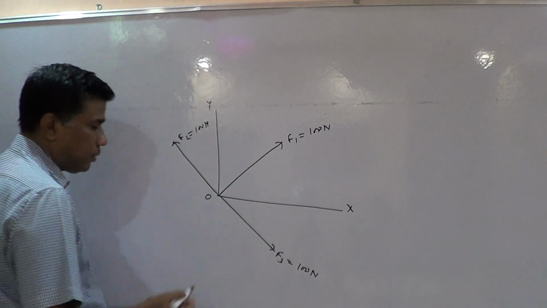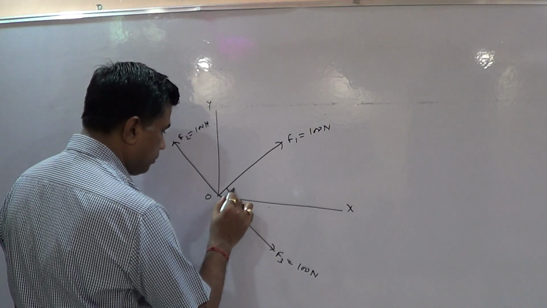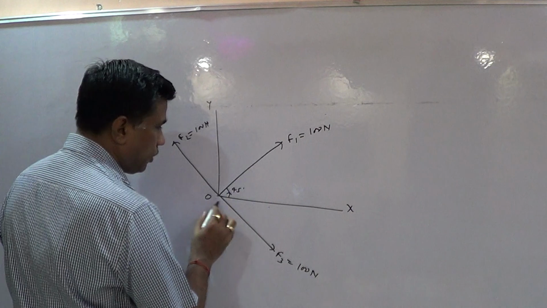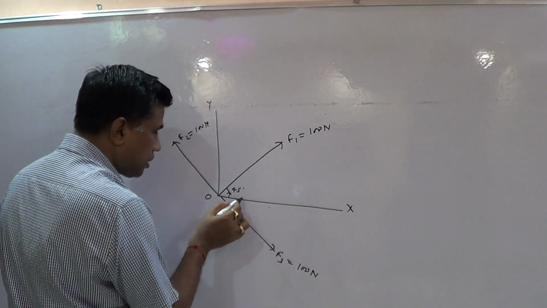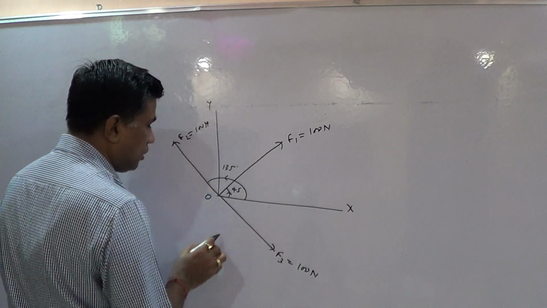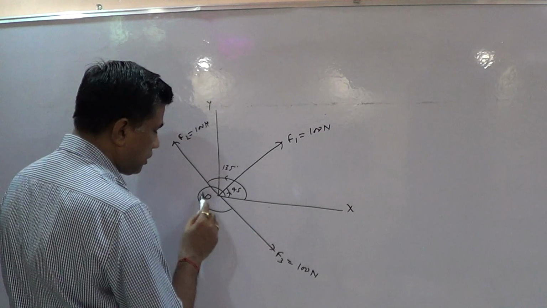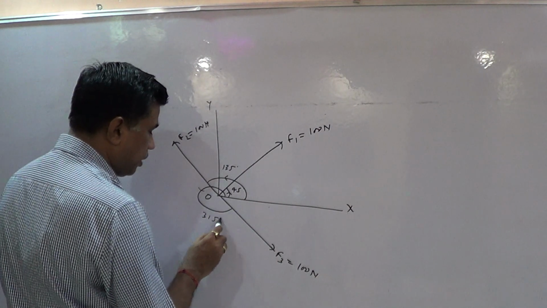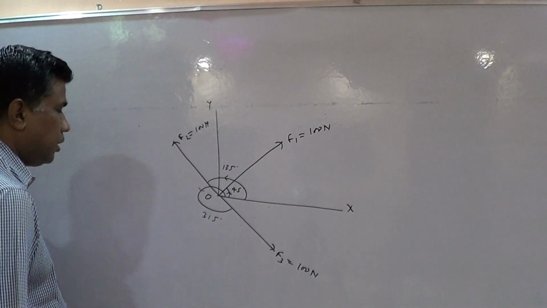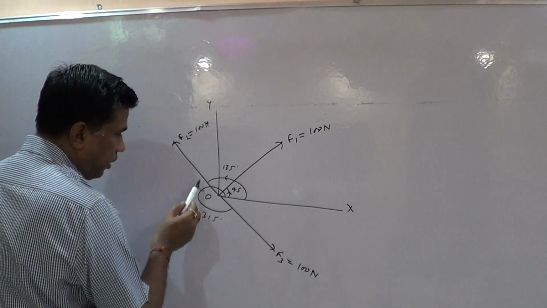Now students, as I told you in the previous video, this angle is 45 degree from the positive direction of the x-axis. This angle is 135 degree from the positive direction of the x-axis. This angle is 315 degree. Students, if we find this angle,